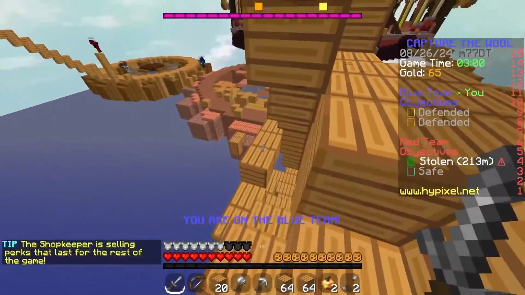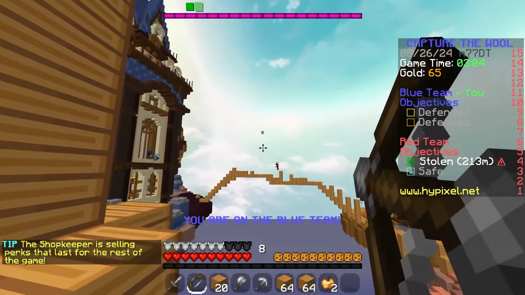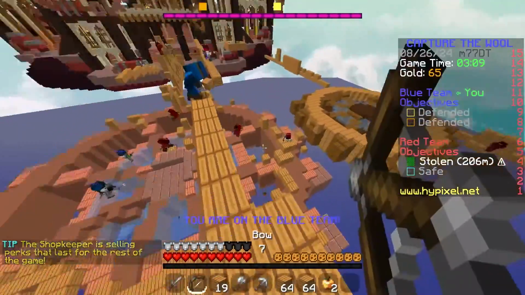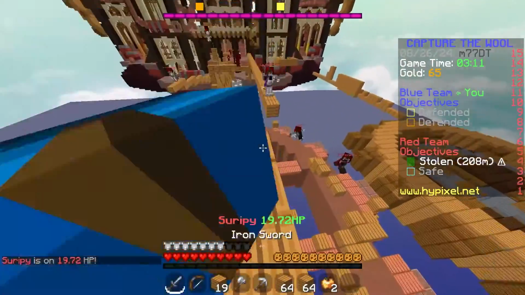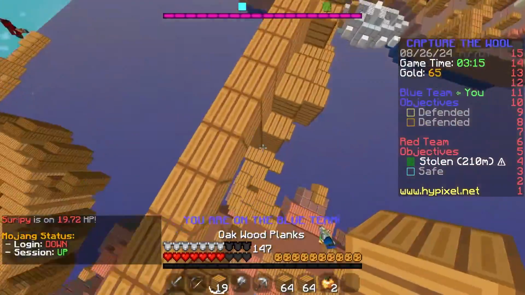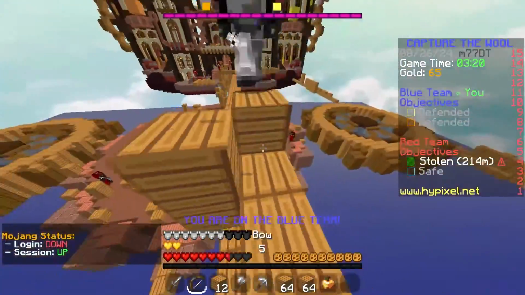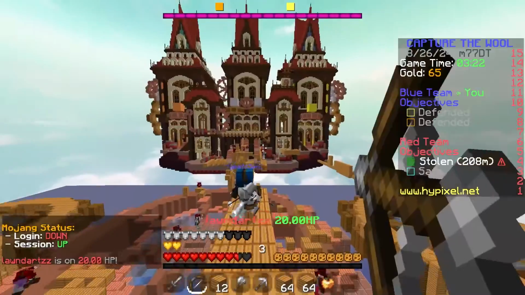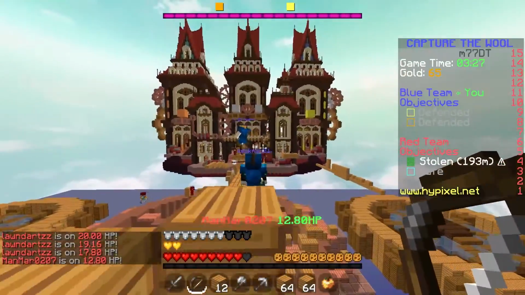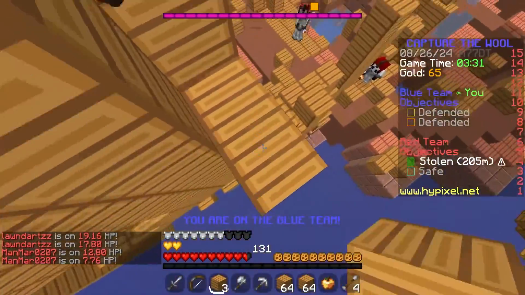And who in the world's behind me? Never mind. No, my game's lagging. But yeah, do you ever have that sometimes? Let me know in the comments or whatever if you want to talk about it. That's your opinion. Ow! Are you done shooting arrows, please? How do you feel? Do you feel happy about your life now? Because I don't think so. Oh, I just fell. Go back up.